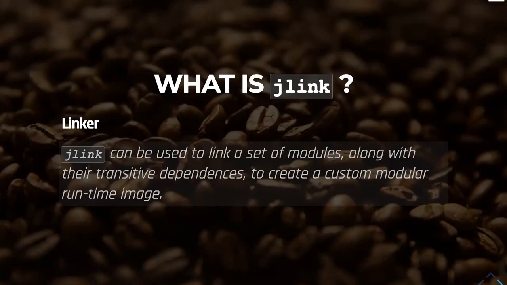For example, if I have an application that uses threading and some networking, and that's it, when you compile, it will compile, and then you say, okay, I would like to have a runtime image customized for my application. It will get all the thread related packages and classes, and transitive means all the classes they depend on, and the same for networking, and that's it. It is the same concept as the compact profiles that we introduced in Java 8, but those were static. You cannot customize them. But here it's fully customizable.